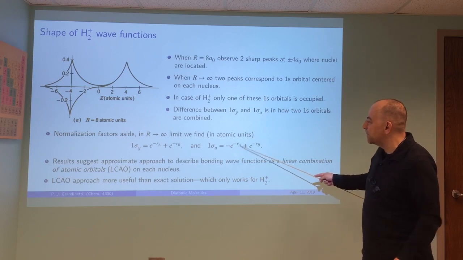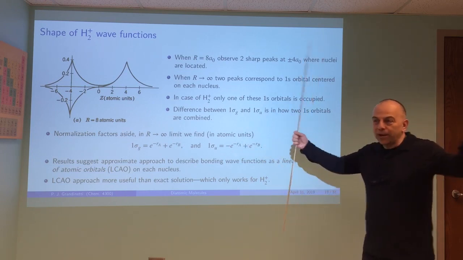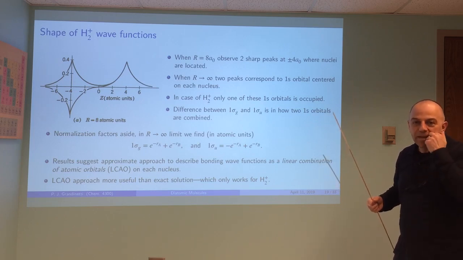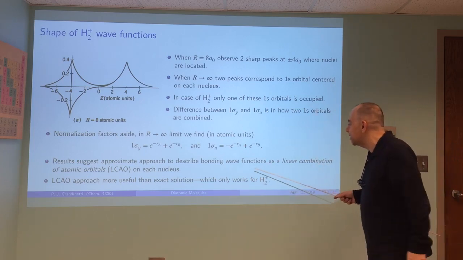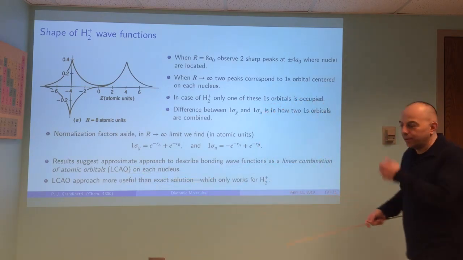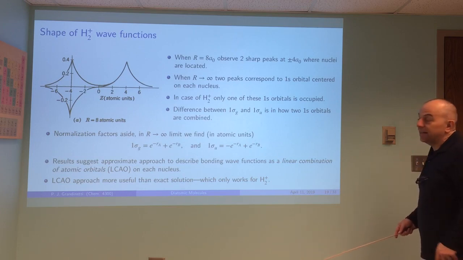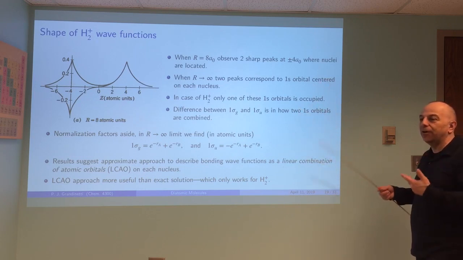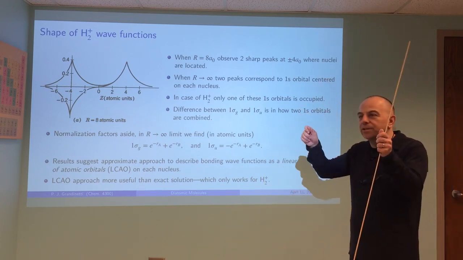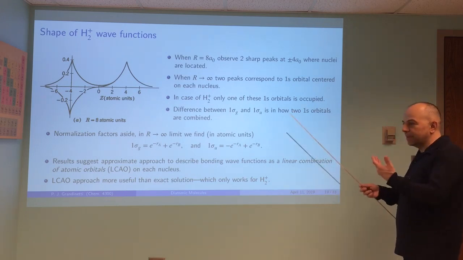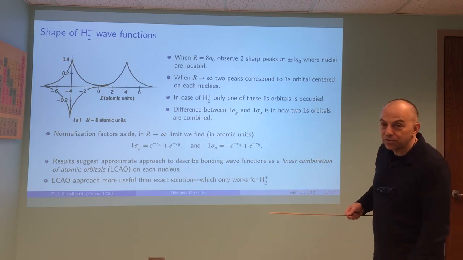So maybe I can take this approach of taking atomic orbitals and bringing them together to form linear combinations that have constructive and destructive interference that make molecular orbitals. This approach is called the linear combination of atomic orbitals to make molecular orbitals. It's called LCAO, and it's a guess. It's just saying that's not a bad idea for a starting guess. And what we're going to do is put some extra parameters in those functions to make them adjustable, and then we can use the